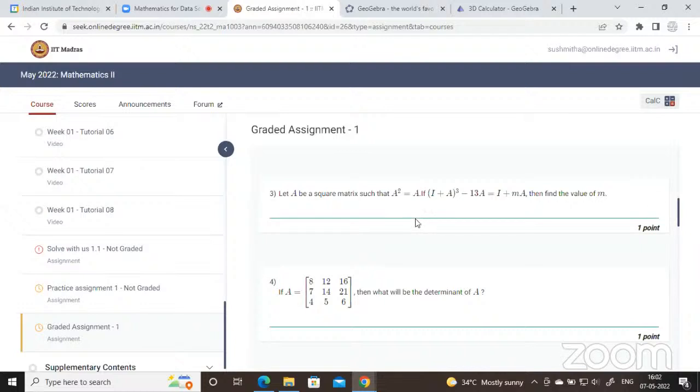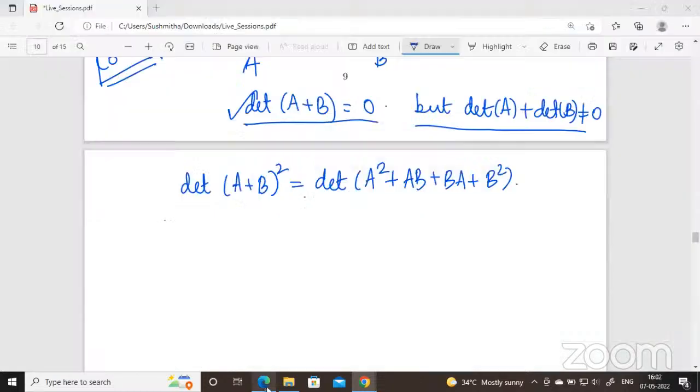In general, yes. So this I plus A whole cube, we cannot open up with the formula? You can. How will you find out A plus B whole squared? In the same way, you can open I plus A whole cube. Yeah, that's what I was also asking. But we can use other methods also, no? No, you do anything, you just get the answer. But you cannot assume that A is equal to something. No, A will remain A. You have to use the fact that A squared is equal to A. That's it.